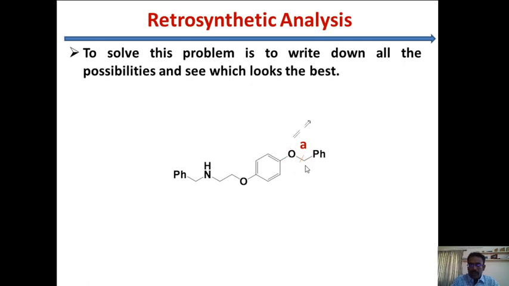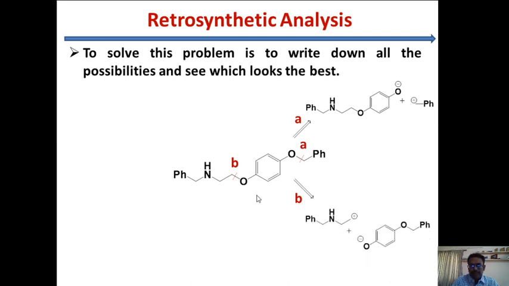Okay, then the pathway A will give you 2 synthons, one nucleophile and an electrophile, because you are breaking the bond here. Here you have the anion, the cation, nucleophile and electrophile. The pathway number 2, suppose you are choosing the other C-O bond. Okay, then you take it as B, pathway B. Then the pathway B will give you 2 synthons, the anion and cation, because you are breaking the bond here. Here this will be the anion and this will be the cation. That means it will be a nucleophile and this will be the electrophile.